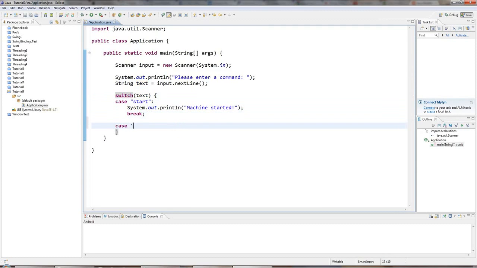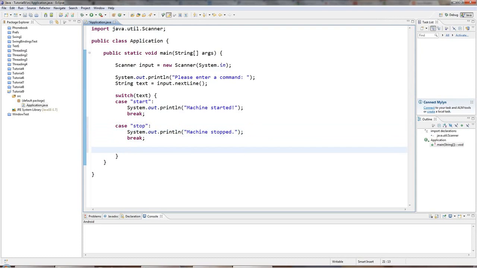So let's have another one. You can have as many of these as you like. I'll just put in 2, I think. Stop colon, sysout machine stopped. Okay, don't forget the break, and then you can also have a default case which is optional, but if I say default colon, this is the code that will get executed if none of these alternatives are matched. And you can have, as I say, as many as you like here. There could be 10 or 20 or whatever. So I'll say here command not